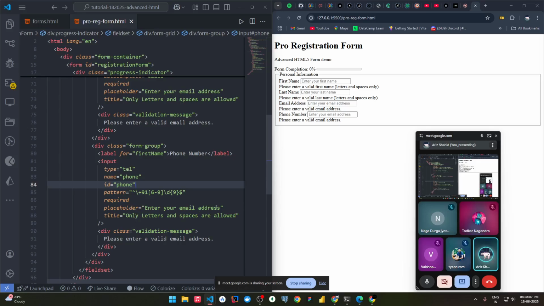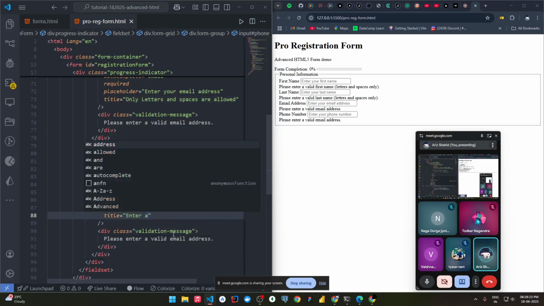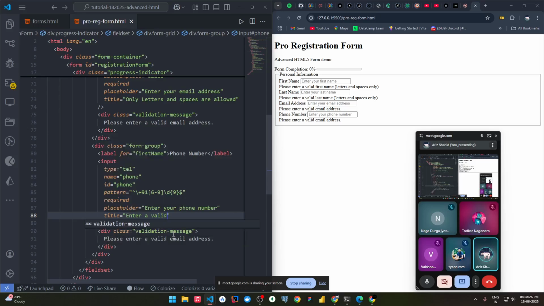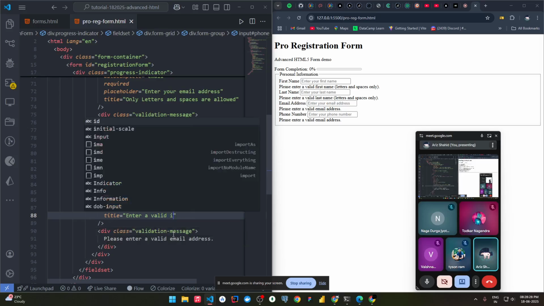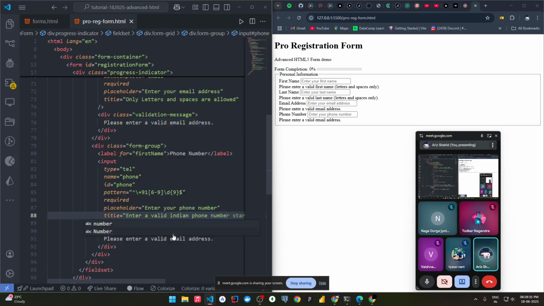Now the placeholder will have enter your phone number. Okay, title will have enter a valid Indian phone number. Okay, same, the validation message will also be the same. Okay,